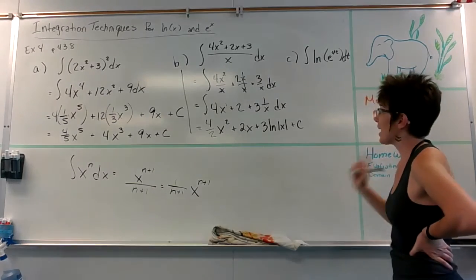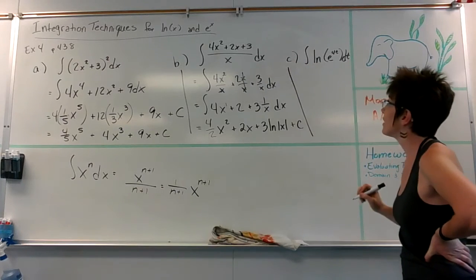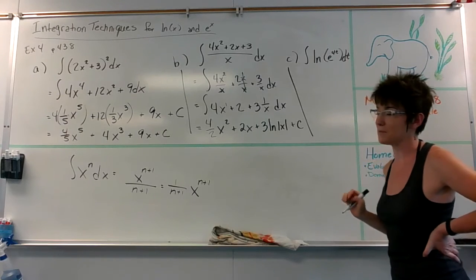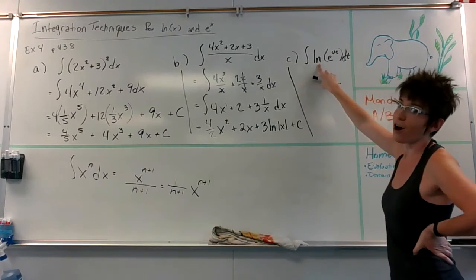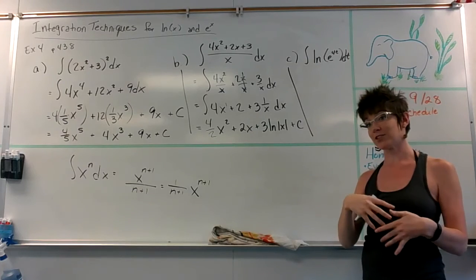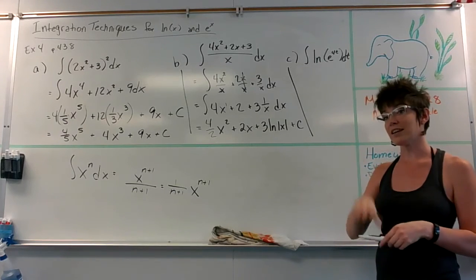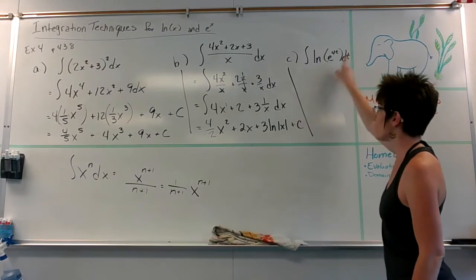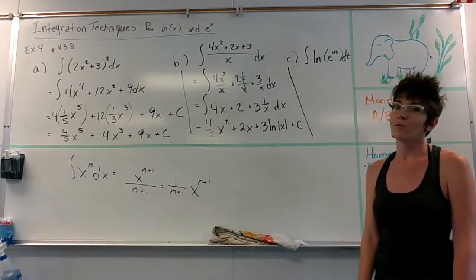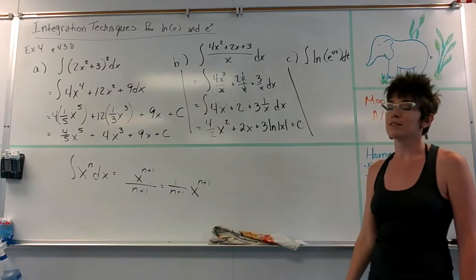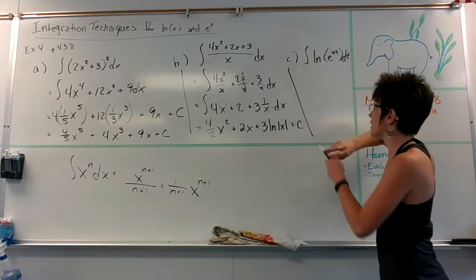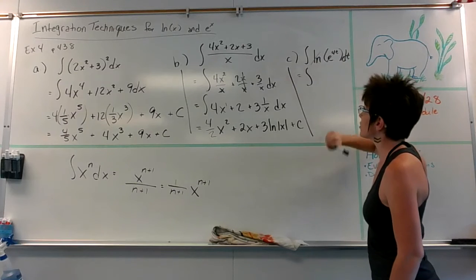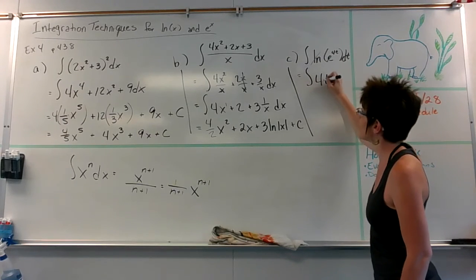Okay, in our very last problem, I have left us only a tiny bit of room, but that's fine because it's a lot more simple than it appears to be. So remember how natural log and e to the x are actually inverse functions of each other? When you're taking the natural log of e to some power, you're saying, hey, e to what power gives me this thing? Well, it's 4t. So it's going to be whatever exponent that is right there. Ultimately, this ln and the e cancel out, and what we're really doing is just taking the antiderivative of 4t